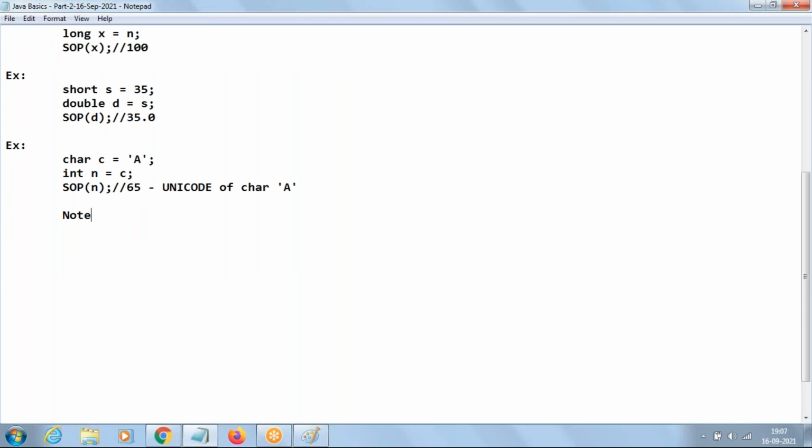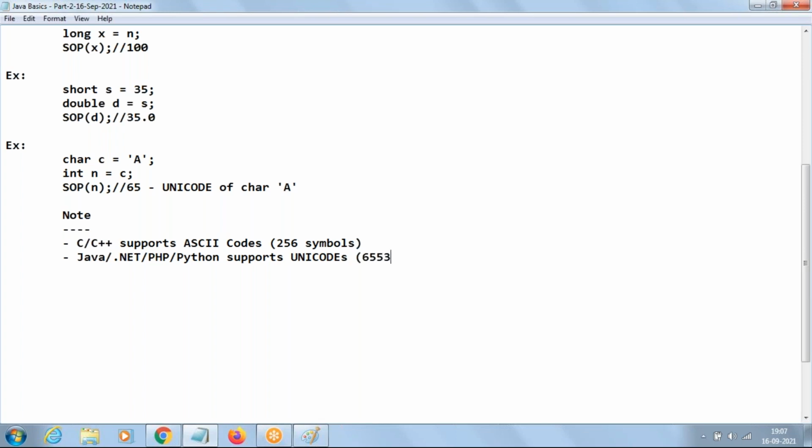Let me just elaborate more on this. Programming languages like C or C++ support ASCII codes, and in ASCII codes we have 256 symbols. Whereas Java, .NET, PHP, and Python support Unicodes, and we have a total of 65536 symbols.